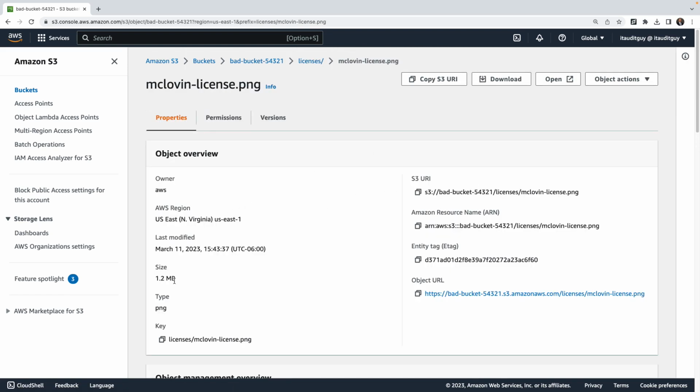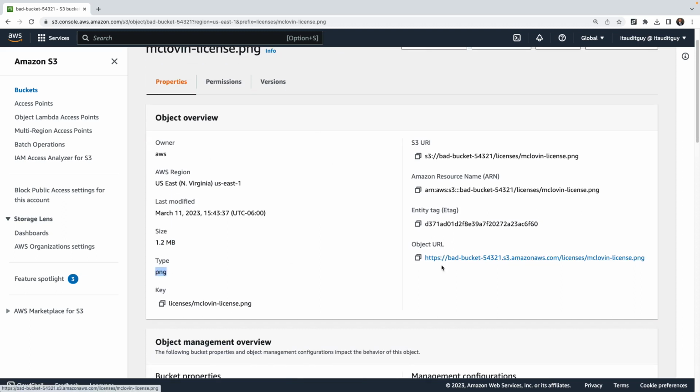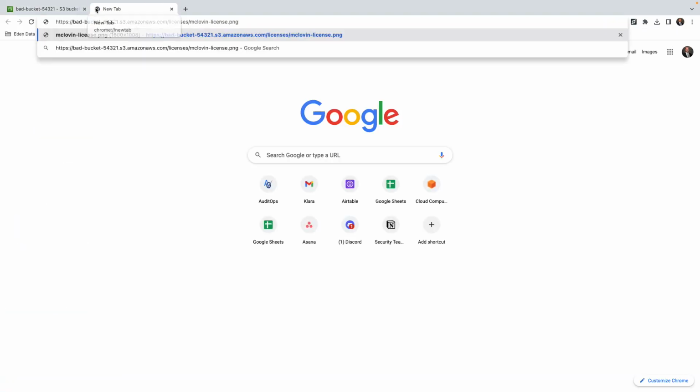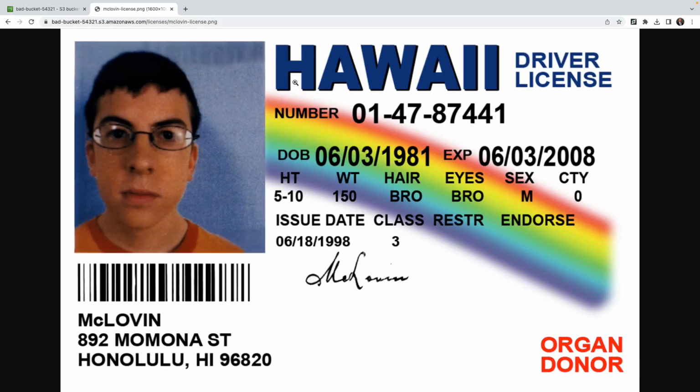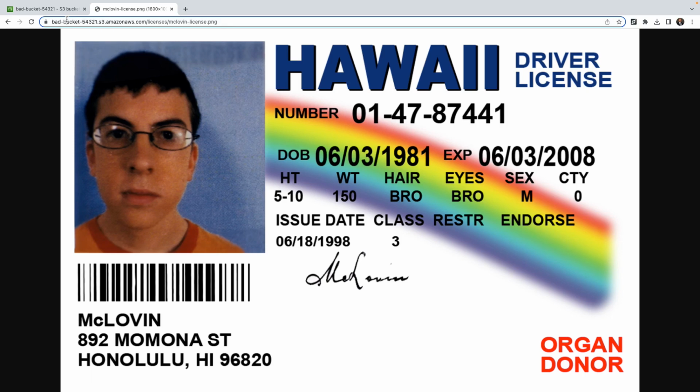knows that we have an object that's 1.2 megabytes. It's a PNG file. And if we click on this URL, and I'm just going to open this up in a new tab, you can actually see that I was able to, just from the internet, go access what's in that bucket. So if somebody had the ability to find your bucket name, so that's your bucket name here, and then they have the ability to know what some of these file names are, you could extract all this, and